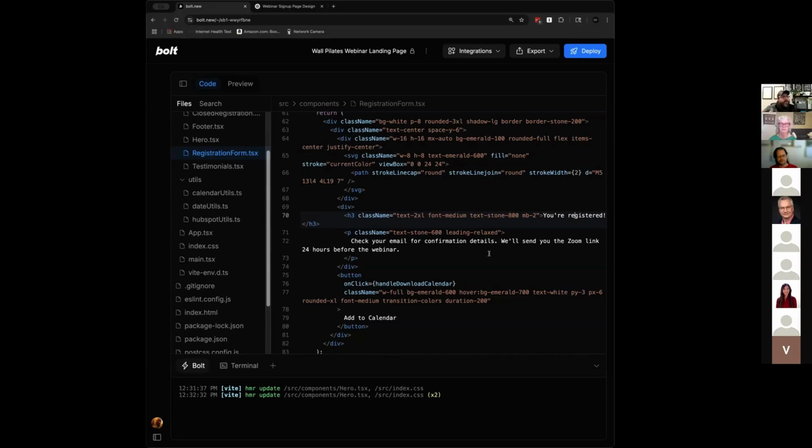So for stuff like this, it's quote cheaper, even though the tokens are pennies, they add up quickly to go in and say you're registered for a wall Pilates intro, right? And so you can just make that change and then you can see that it says save. You can do Command S or hit the button and it'll save it. That saves you a bunch of tokens, especially if you're going to do a lot of this stuff.